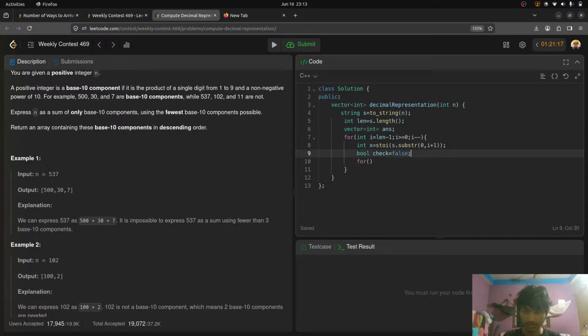Bool check equals false. So at first what we are going to do is from j equals 1, j less than, j plus plus. If x modulo j